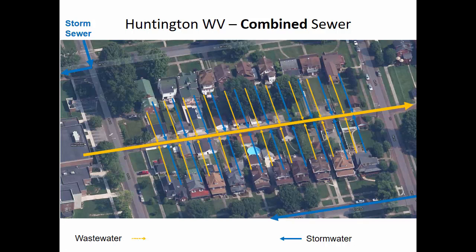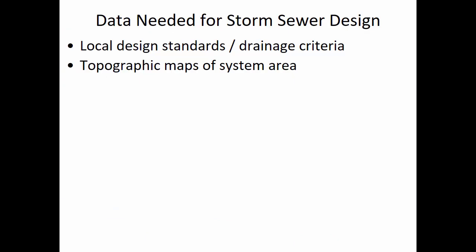And with Manning's equation to analyze the capacity of the pipe, and the rational method to analyze the flow that's going to occur, you can kind of see if one is greater than the other. Now, to do that, if you're doing the design, you have to know what are the local criteria, and every municipality can have different standards for what pipe sizes are acceptable and what slopes are acceptable and the materials that